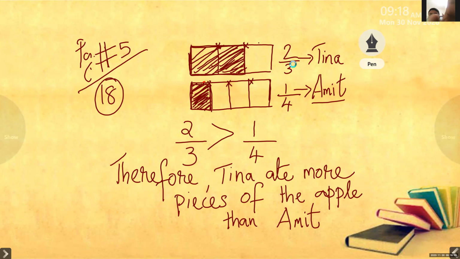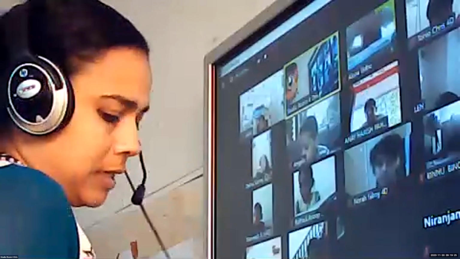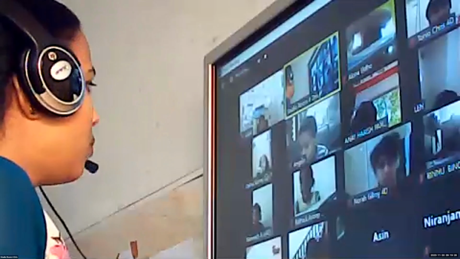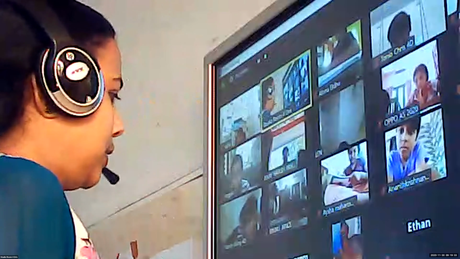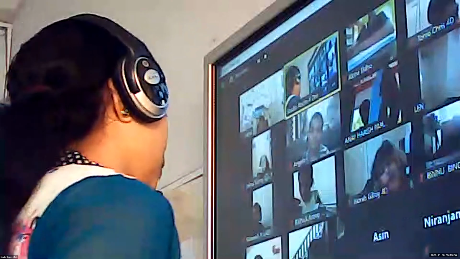Okay, Algan, read question number 19. Those who finish, now check question number 19. Others, please mute. Only Algan. Yes, Algan. Rohit covers 7 by 9 of the distance from place A to B. Arun covers 4 by 6 of the same distance. Who has covered more distance? Rohit covers 7 by 9. Arun covers 4 by 6. We have to find out who covered more distance. So what we can do, we can draw the rectangle, that fraction bar, and we can find out. Okay, we will do it together, children.